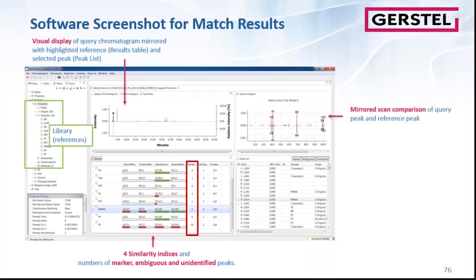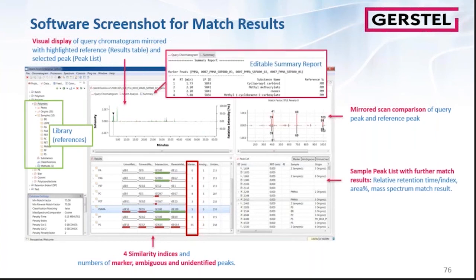We have here a comparison for the mass spectra, a marker peak against a sample peak, which might be considered the same. And we have here the peak list, or the sample peak list. And at the end, everything can be summarized in a report. So this is a screenshot, and I want to show you now the same steps I've shown you with the